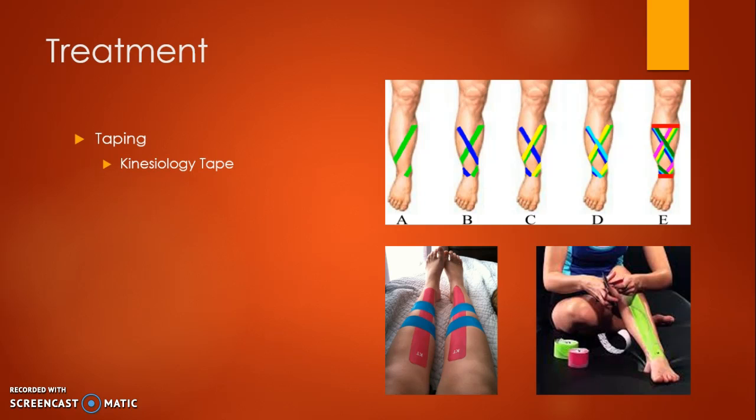Another form of treatment that not everybody follows is taping, and kinesiology tape, or K-tape, has become really popular for shin splints as well as other injuries like bruises or muscular pain. So you can see to the right, in the top photo, there are many, many methods of taping for shin splints. It goes from very simple to very complicated depending on the pain. But down the bottom, you'll see